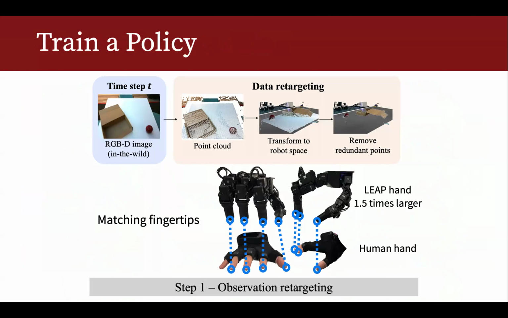So how do we build a policy here? It's actually very easy. Our whole idea is that if you have good in-distribution data, you don't need a fancy policy, but you do have to do retargeting because we collect data from human hands. And there is a difference between human hands and the Leap Hand, which is the multi-finger robot hand we use. First of all, Leap Hand only has 4 fingers, and it's a lot bigger than human hands, right? So we need to be able to retarget at the Cartesian level. Cartesian meaning XYZ, right? If you just directly map joint angles, it's not going to work. So we map the fingertips.